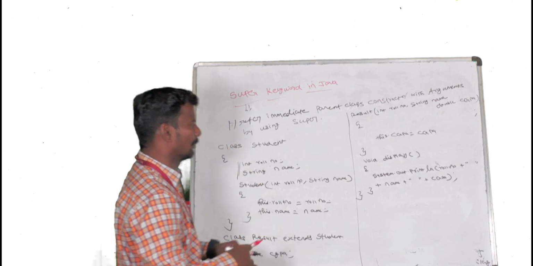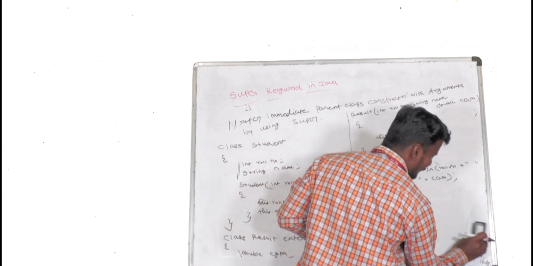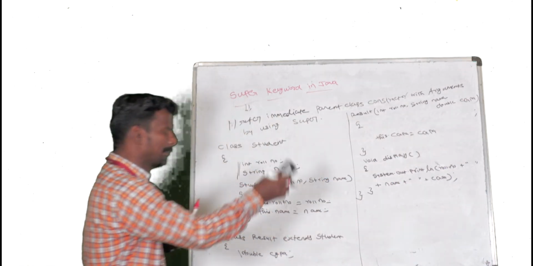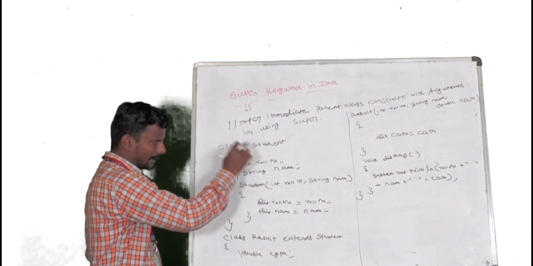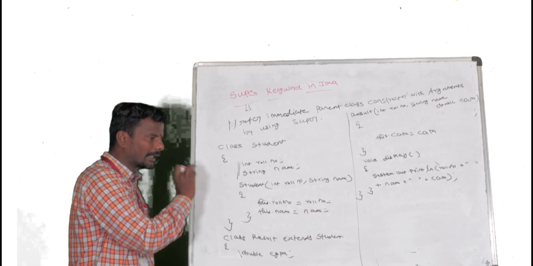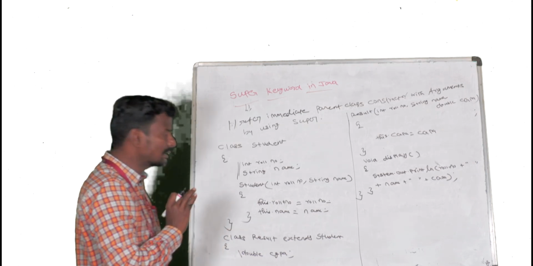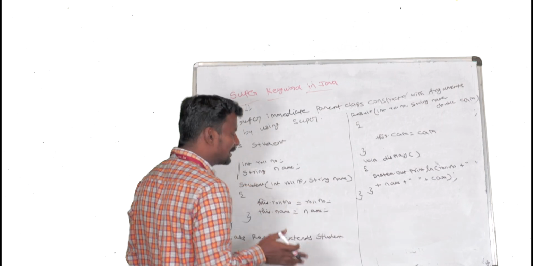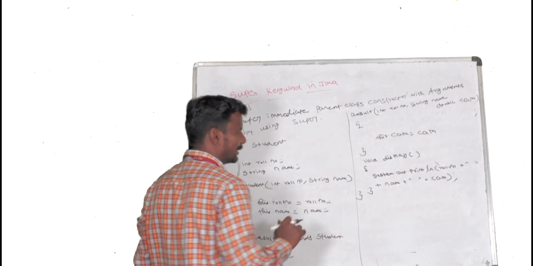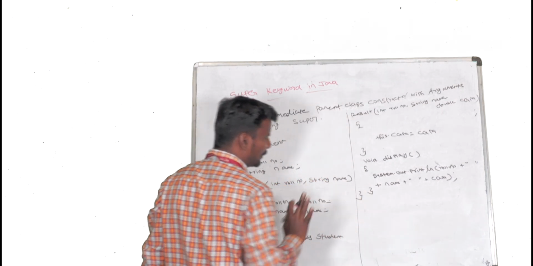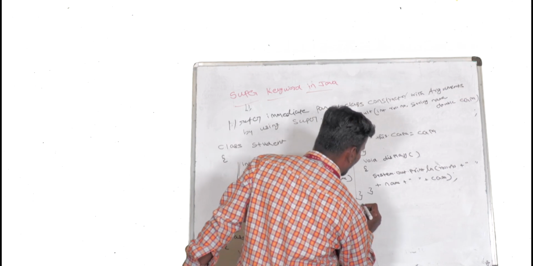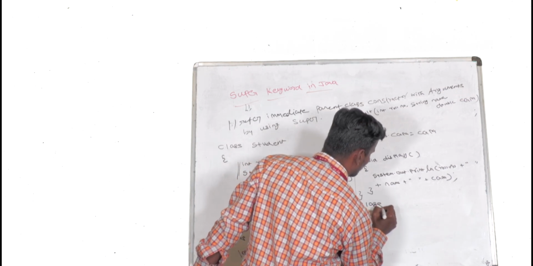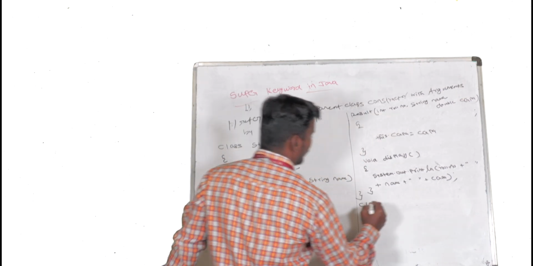Next, we want to access those members, whatever variables we declared and whatever methods we defined. If we want to invoke all those things, we have to create an object. How to create that object? In the main method only we have to create the object. So we define the main method by using one more class. Here I have to define class ResultDemo